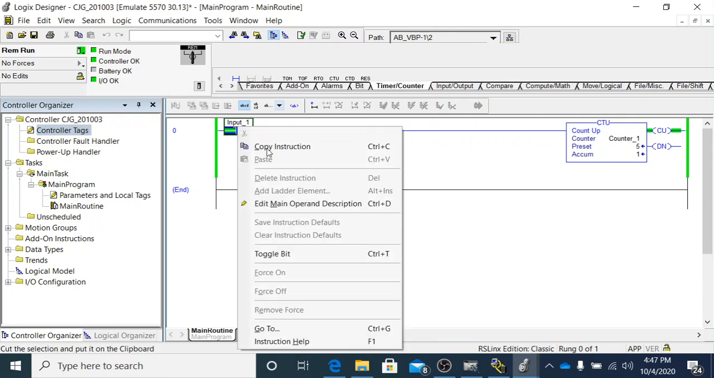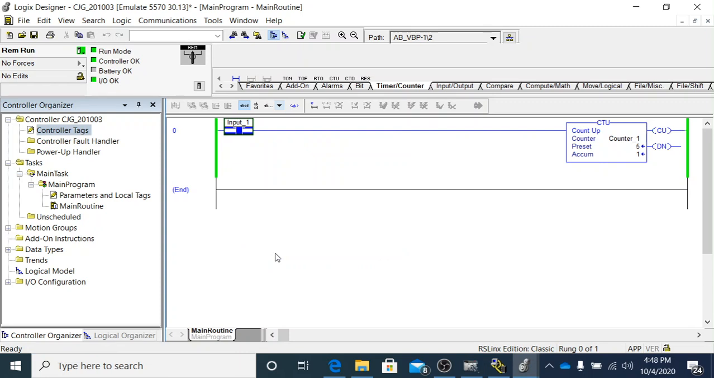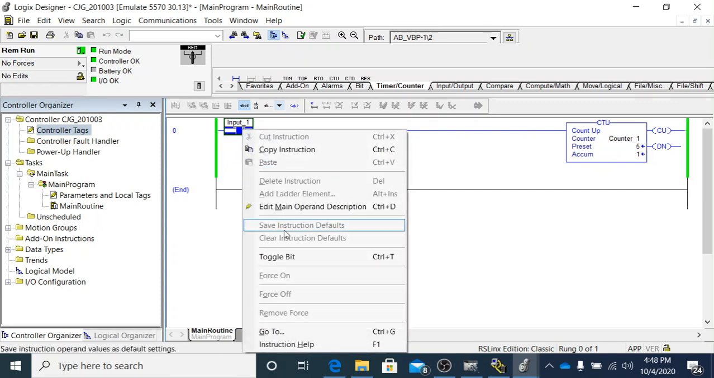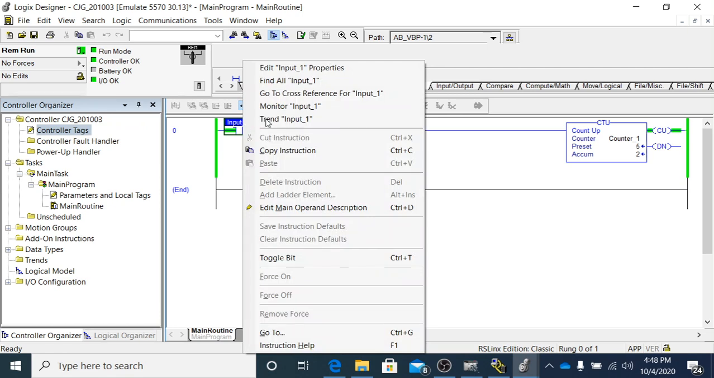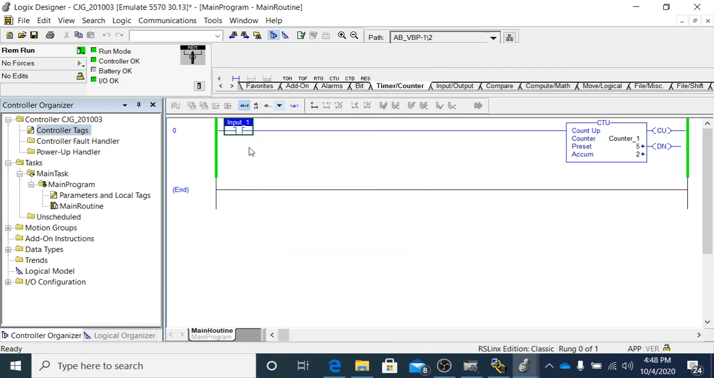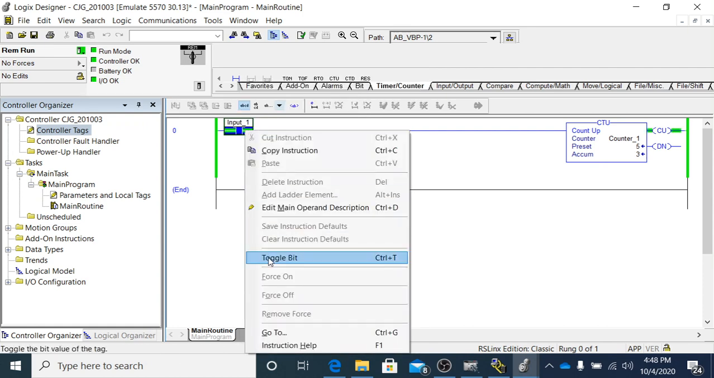Okay? So I'm going to toggle that off. You see the CU goes off. I toggle again. The CU comes on, and every time we count up, every time this rung goes true, we're going to accumulate one more bit or one more number in the accumulator. So I'm going to toggle off, toggle on, toggle off,